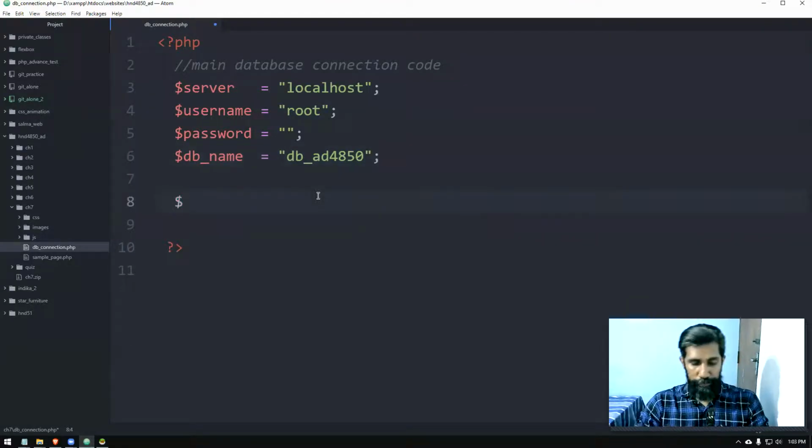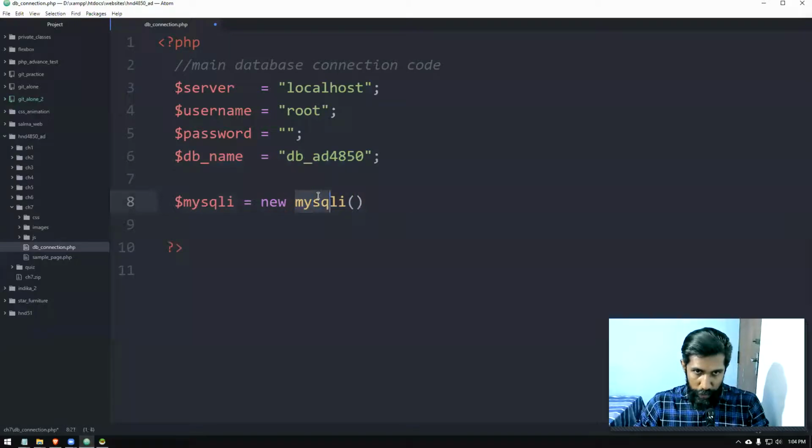Then we're going to use MySQLi, right? MySQLi object is created like this. This is a built-in class which comes with PHP itself. You just have to call its constructor method by passing in 4 parameters, which is the server name, username, password, and the database name. As parameters, you just need to pass in these values. So a database connection can be created as simple as that. Just one line of code. So we set that one.